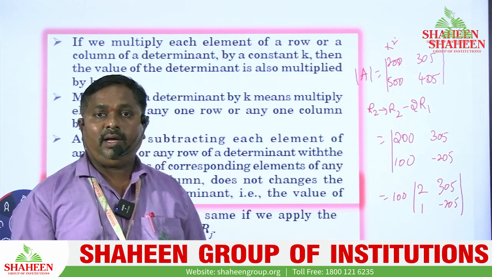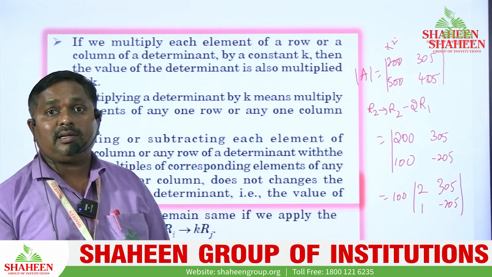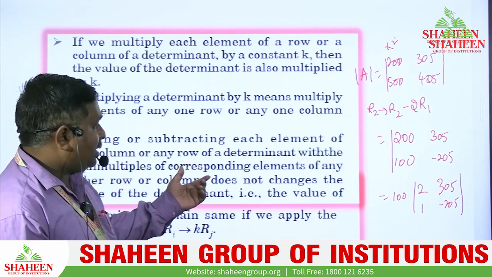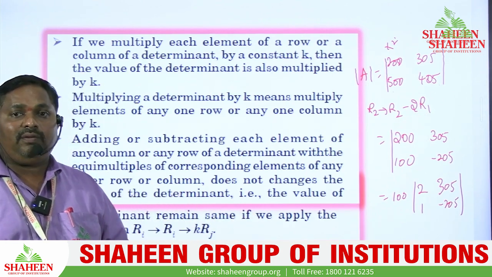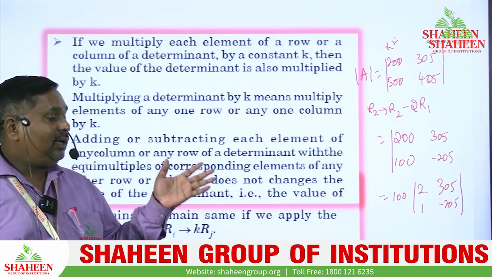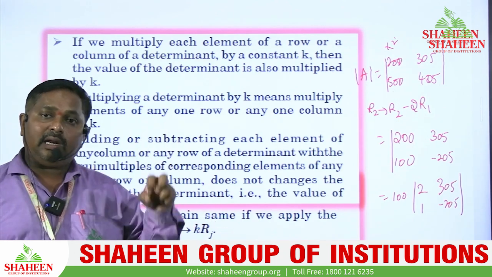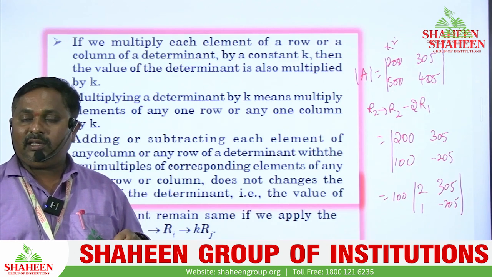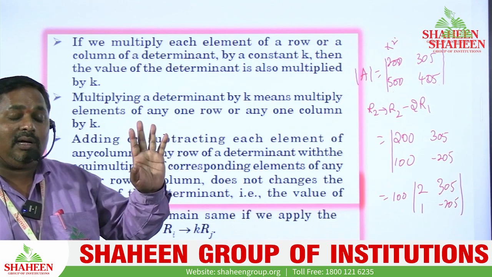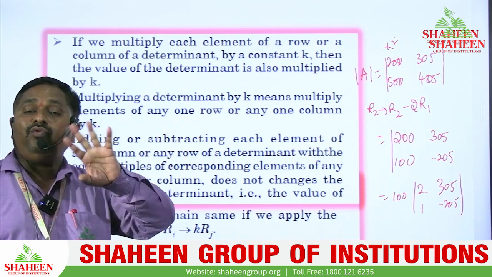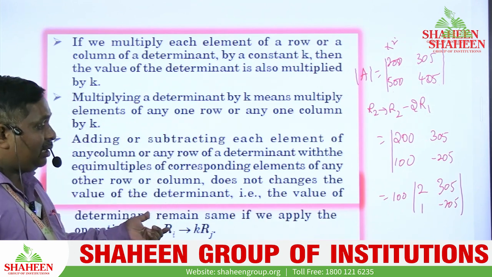So that's why we are reducing the larger numbers by applying this elementary operation. When we have larger numbers in the given determinant, by applying this elementary operation we can reduce the numbers in the determinant, but on applying this elementary operation the determinant value will not change. That statement it is. Okay,